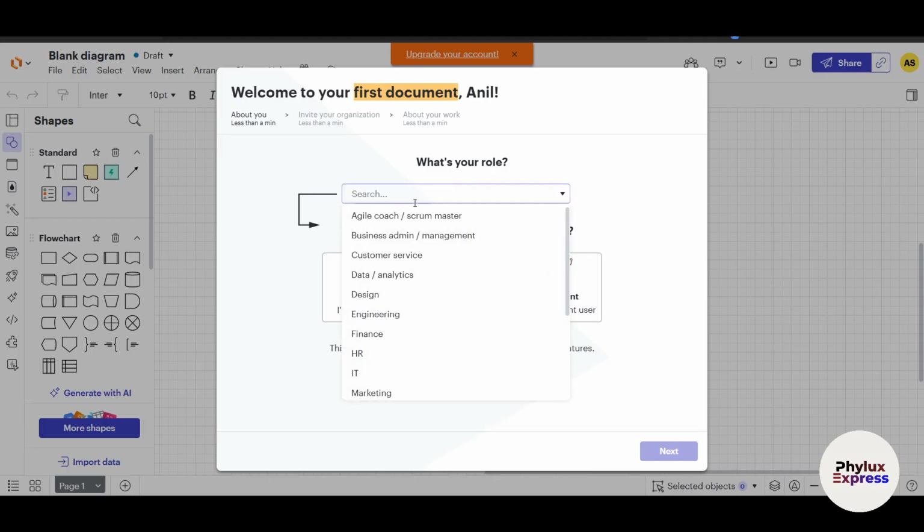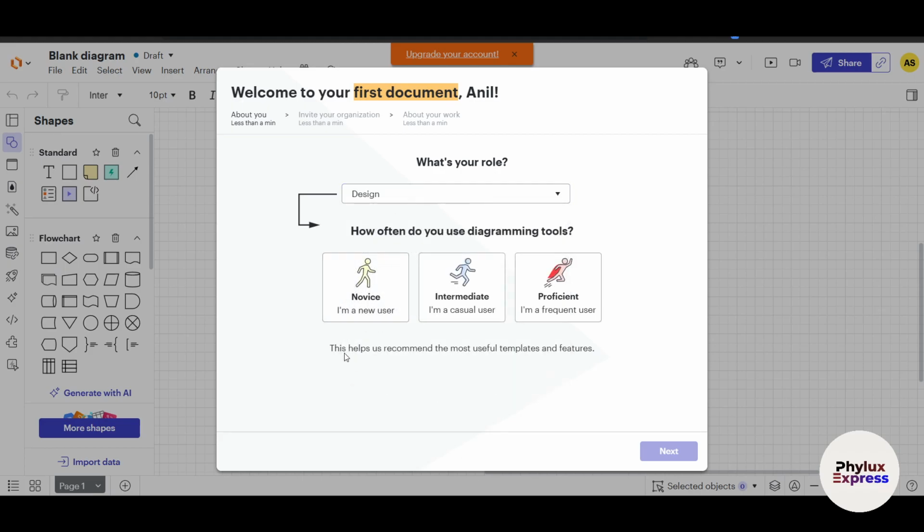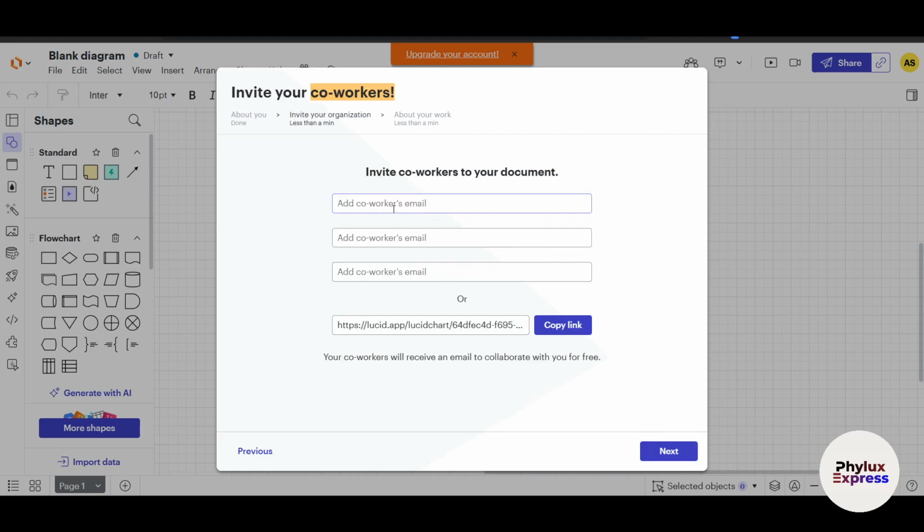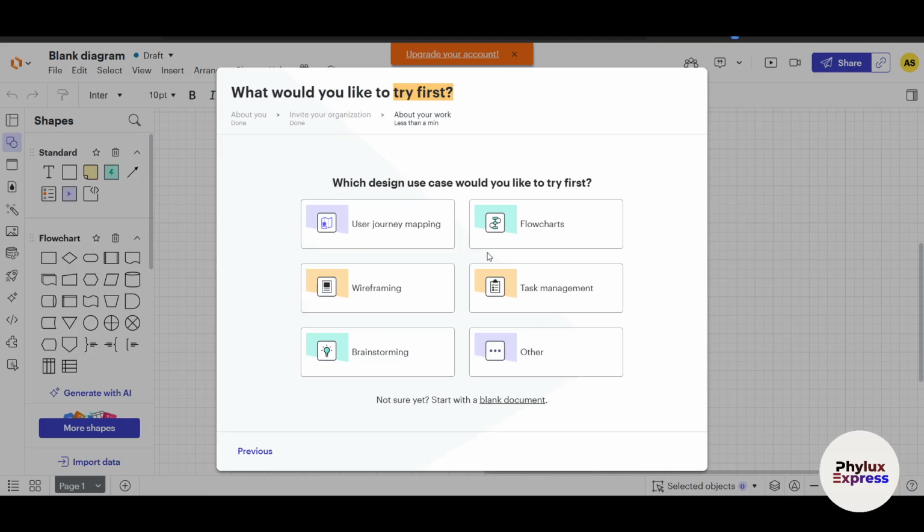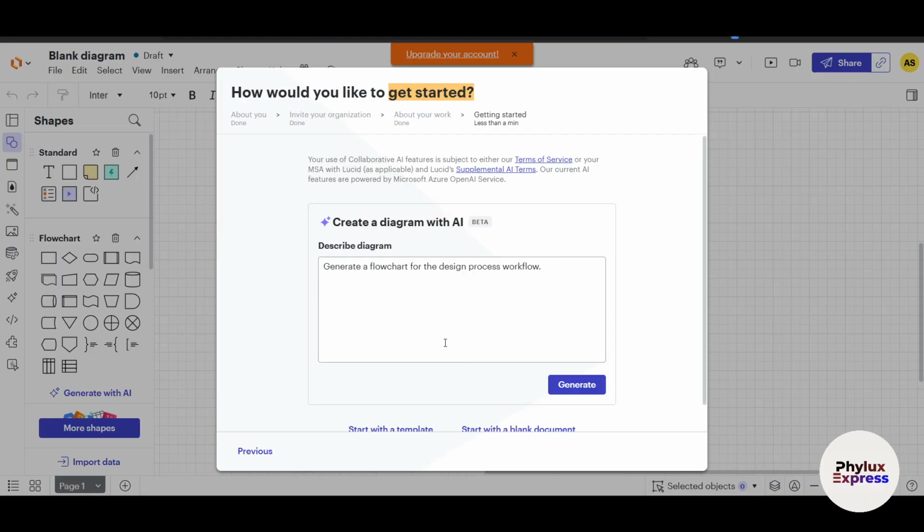What's your role here? So I will just select my role. Let's say my role is in design here. I'm a completely new user. I can add my team members by entering the email address and click on next. Which design use cases would you like to try first? Here you can choose any one of these options. Let's say I'm not sure yet, so I can just start with a blank document. Or I will select flowchart here, and this is AI. Obviously nowadays every software is integrated with AI, so I can ask it, let's say, I will write here, create a flowchart for the company